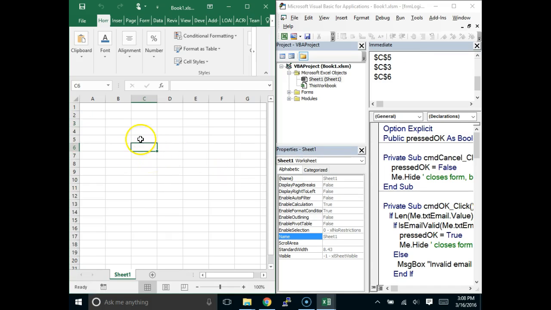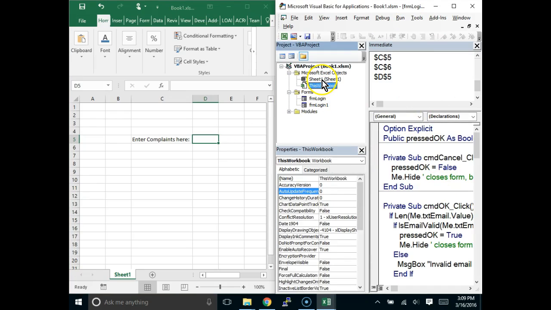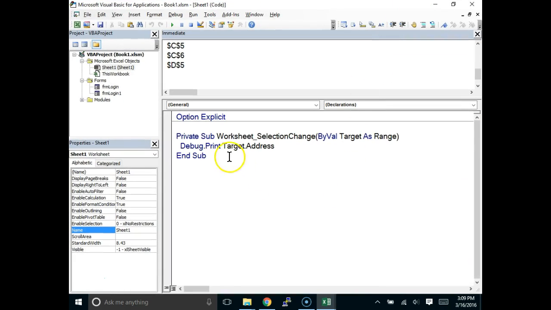Okay, yeah, let's do this. Enter complaints here. So you're going to enter a complaint. You're going to go somewhere onto, say, D5. So we could say, in this worksheet, we can say if target.address equals, and it would look like this, $D$5,